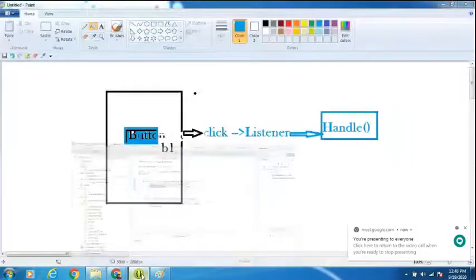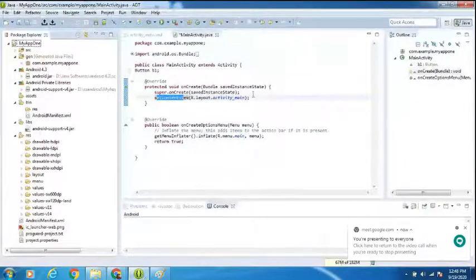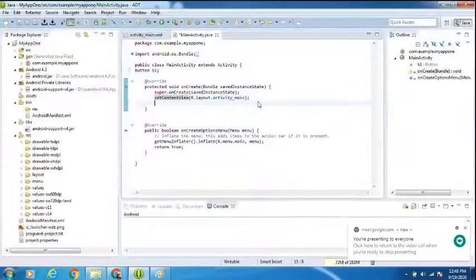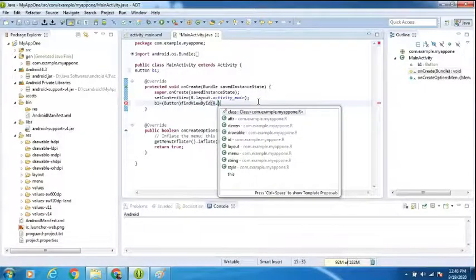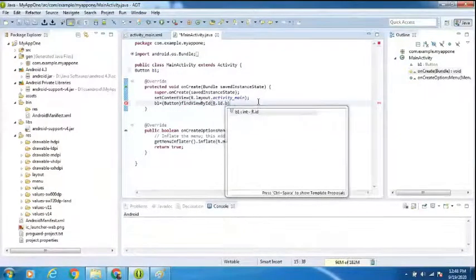Right. Go for the application here. Just hit the enter key. Here you please try to write B1 is assigned, B1 belongs to Button type, so Button of. You can write here findViewById of R.id.B1.